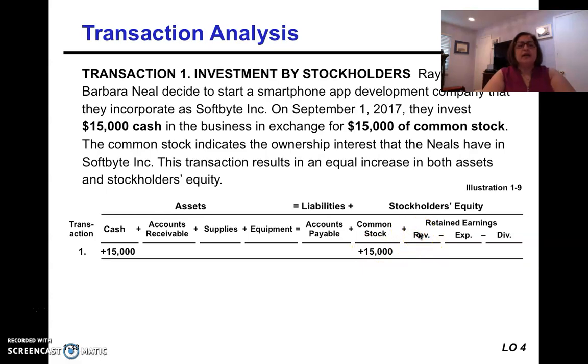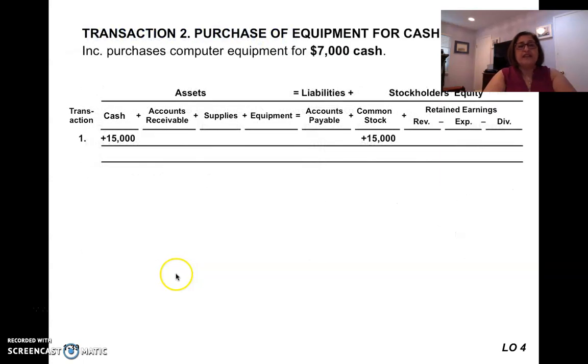So what I wanted to mention is that every time you look at a transaction, think about it as the effect of the transaction on the corporation and not the owners. You are the accountant for the corporation. What happens to the corporation's cash or assets, liabilities? So I think I have time for one more transaction. This is when the company goes and buys equipment for cash, meaning our cash goes down by $7,000, but instead we get a new asset called equipment. This transaction only affects the left